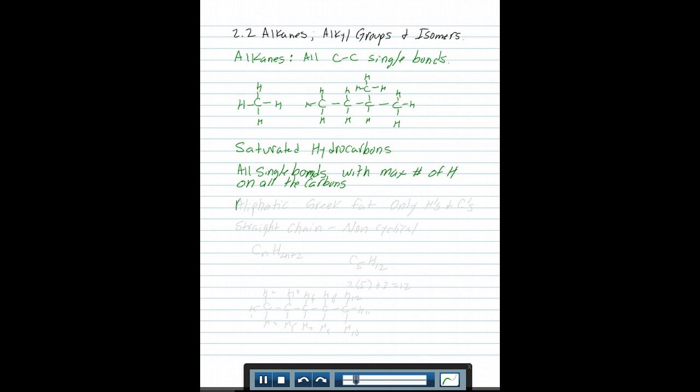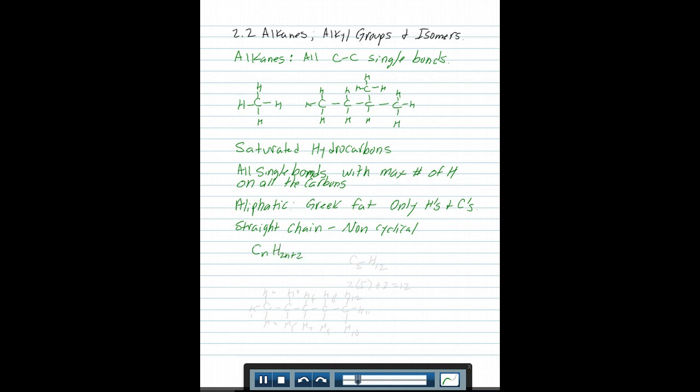Another word people use is aliphatic. Aliphatic comes from the Greek word for fat, but pretty much it means only hydrogens and carbons. Okay, that's basically what aliphatic means. There is a simple formula for straight-chain molecules. This is only for straight-chain, non-cyclical molecules. Non-cyclical. For straight-chain molecules, the formula is